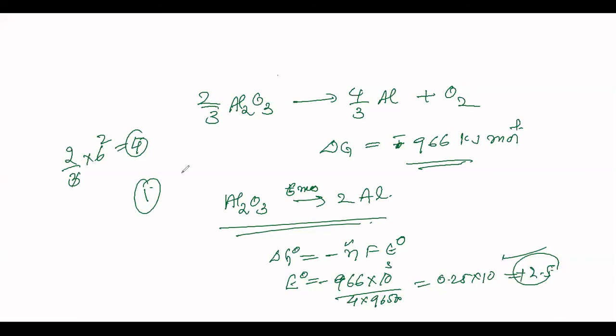25. Electrolysis of dilute NaCl solution was carried out by passing 10 milliamperes of current. The time required to liberate 0.01 mole of hydrogen gas at the cathode is. Let's find out that. So you are using 10 milliamperes, which will be 10 into 10 to the power minus 3 ampere current.